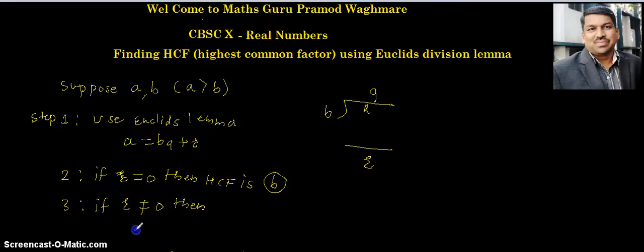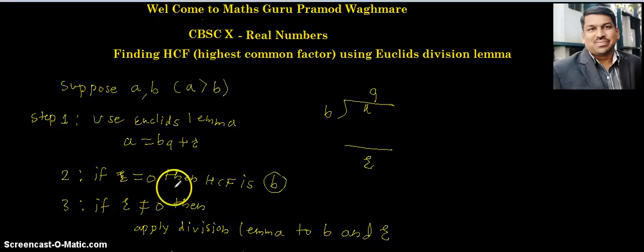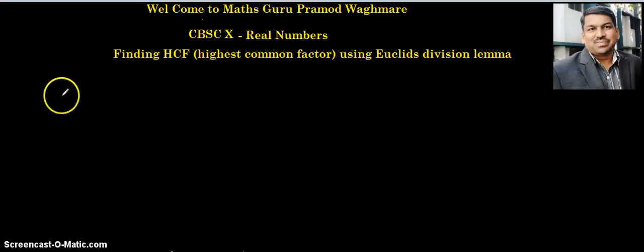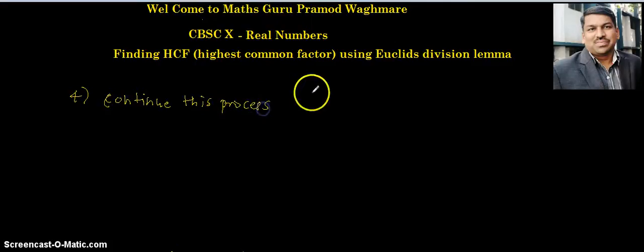apply Euclid's division lemma to B and R. Step 4 is that we have to continue this process